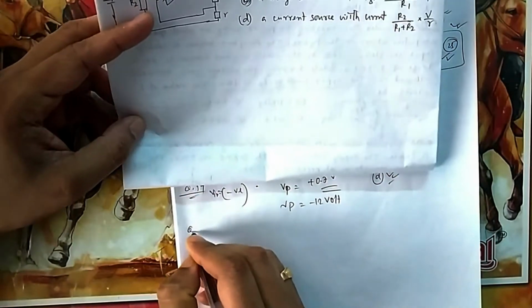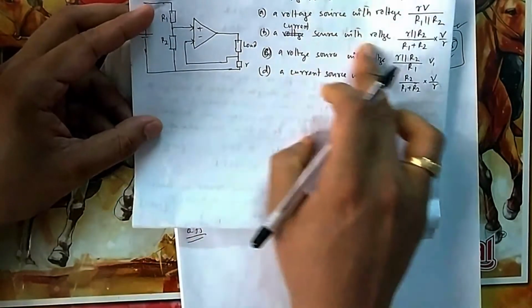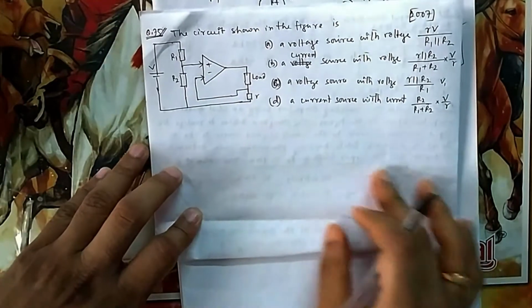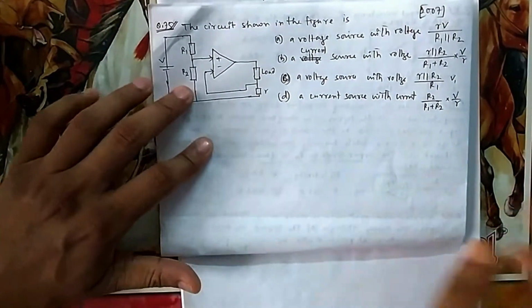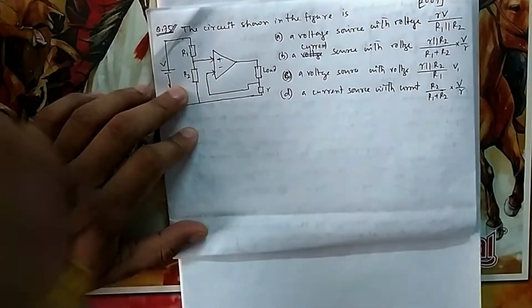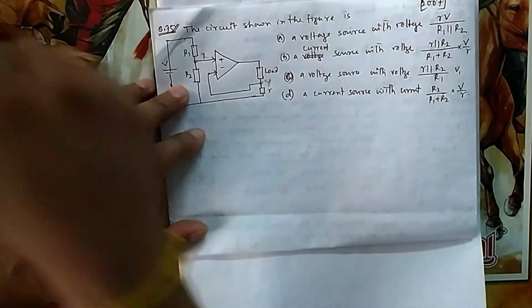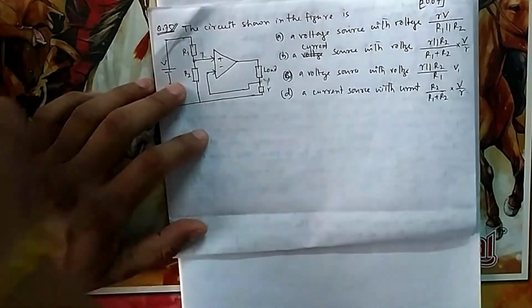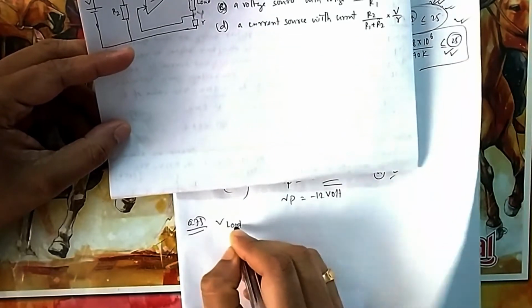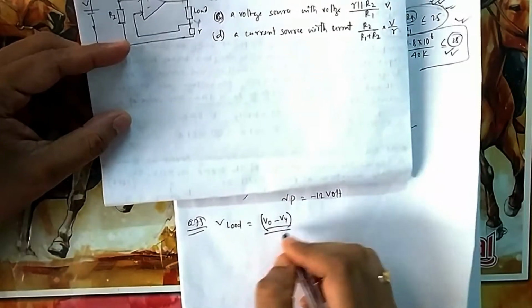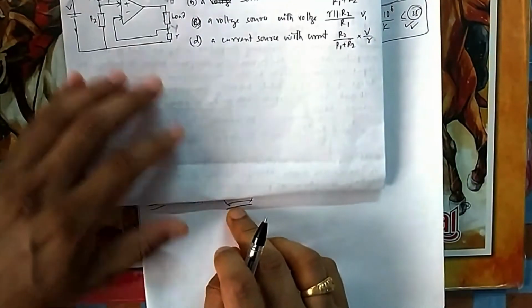Now in question number 75, what they are asking is whether the circuit shown in the figure is a current source or a voltage source. So for that we need to calculate, again KVL, KCL we need to take. Suppose this voltage here is X and this is Y. How much voltage is the load getting? This is suppose V0. The load is not getting V0. What is the voltage the load is getting? V load. You have to be very careful. Once you get V0, you should not get happy. This is the voltage that we require, the voltage that the load is getting.